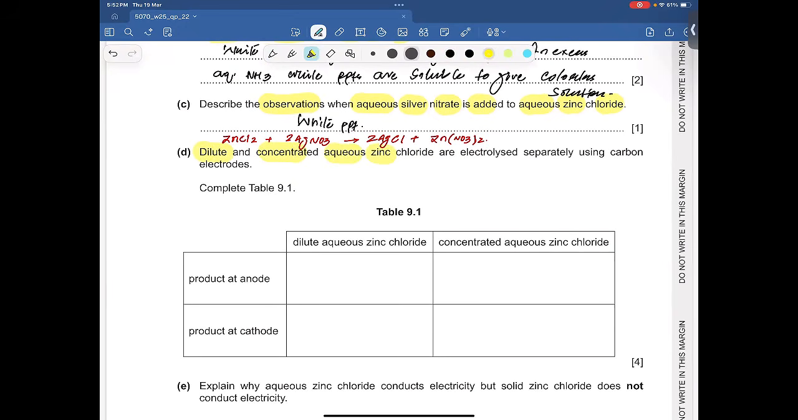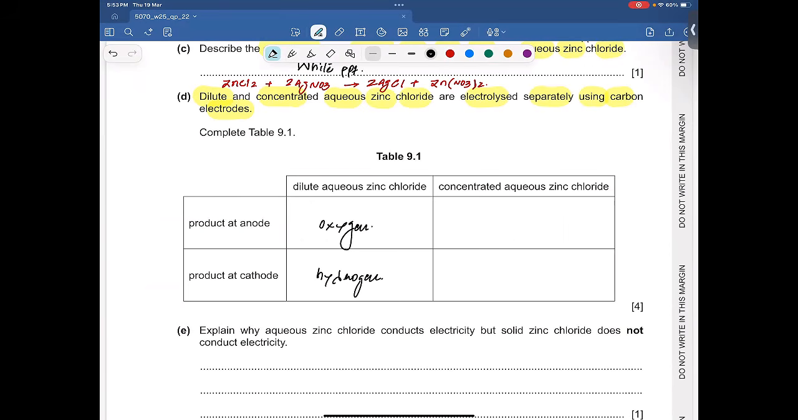Dilute and concentrated aqueous zinc chloride are electrolyzed separately using carbon electrodes. Carbon is basically the graphite electrode. So in dilute aqueous zinc chloride, the product at the anode is oxygen gas, obviously. When we talk about concentrated aqueous zinc chloride, obviously chlorine is given off at the anode because chloride ions have higher concentration, so they will discharge first from the electrolyte. And obviously, in this, hydrogen gas,